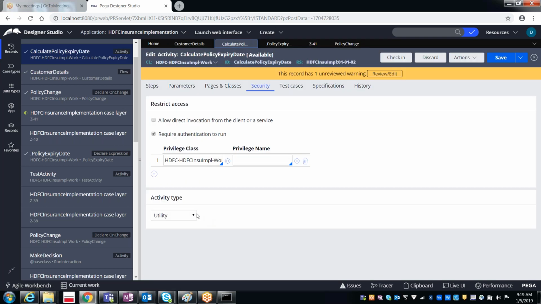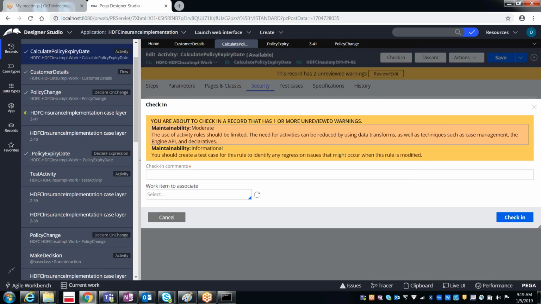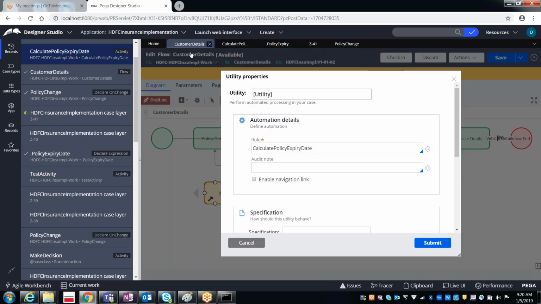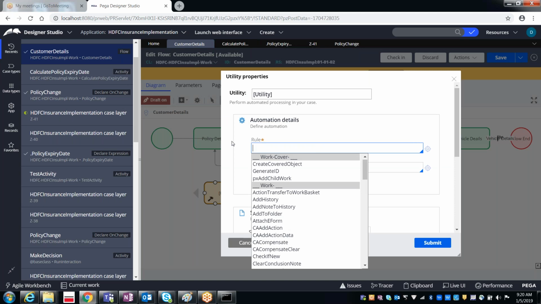In case you change it from utility to something else, like activity, and save and check in. So now if you go here and press the down arrow, see, it is not showing your utility name, calculate policy expiry date, it is not showing.